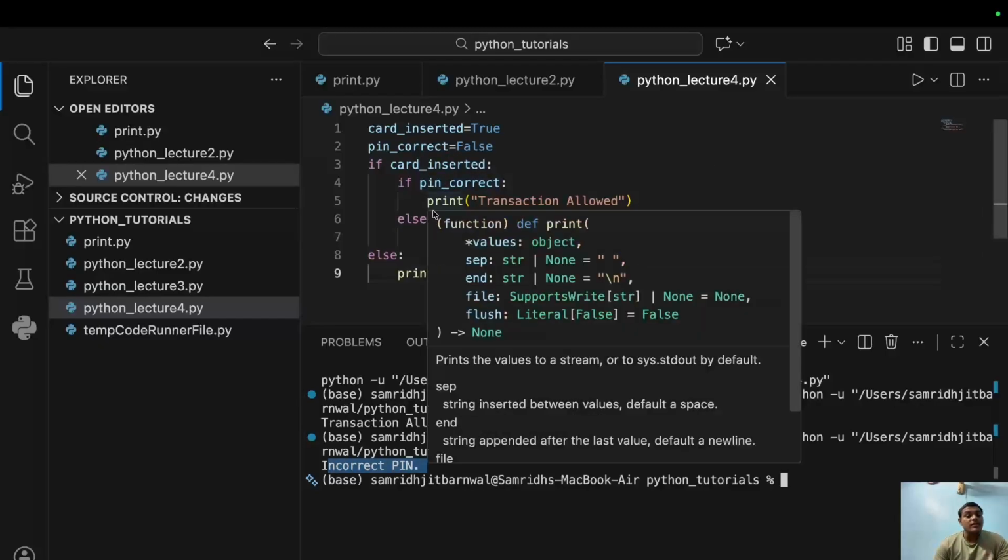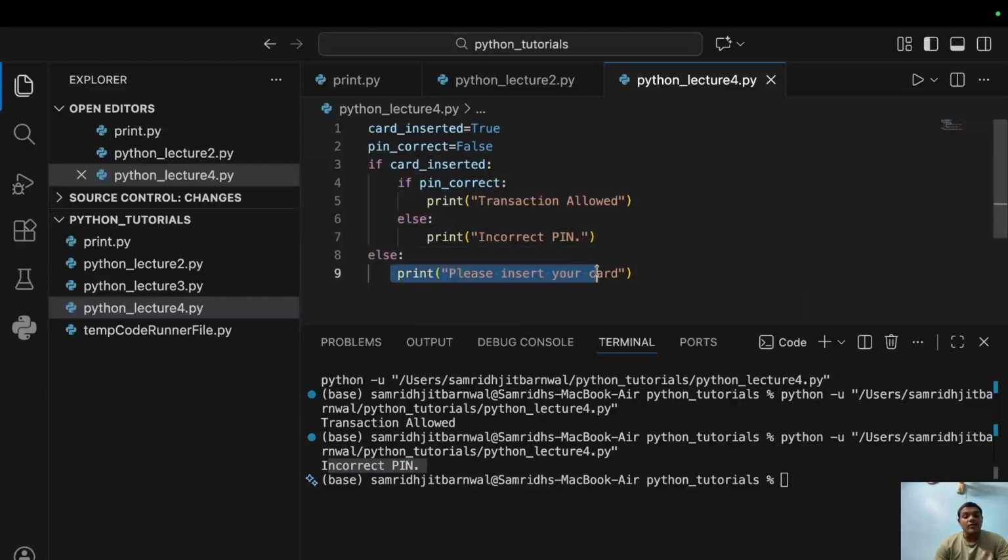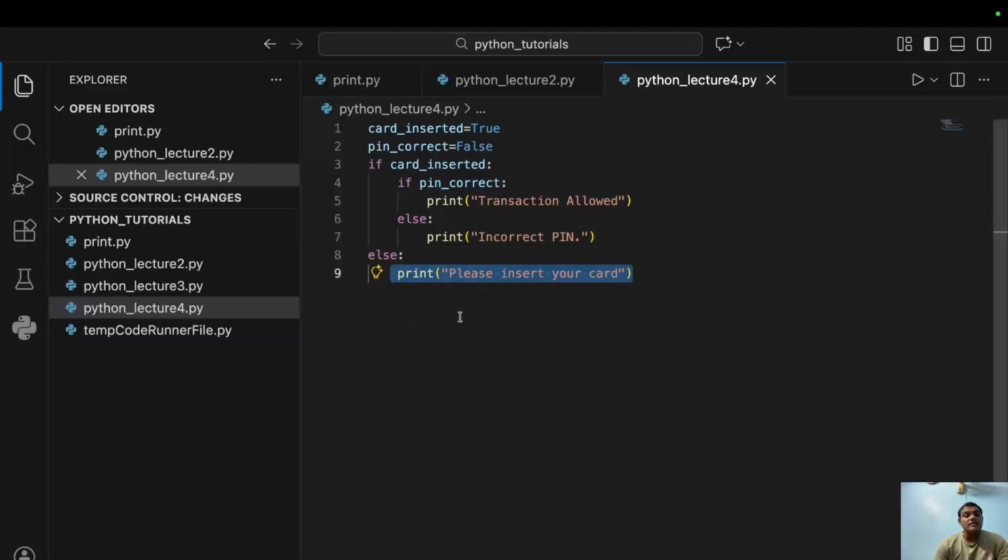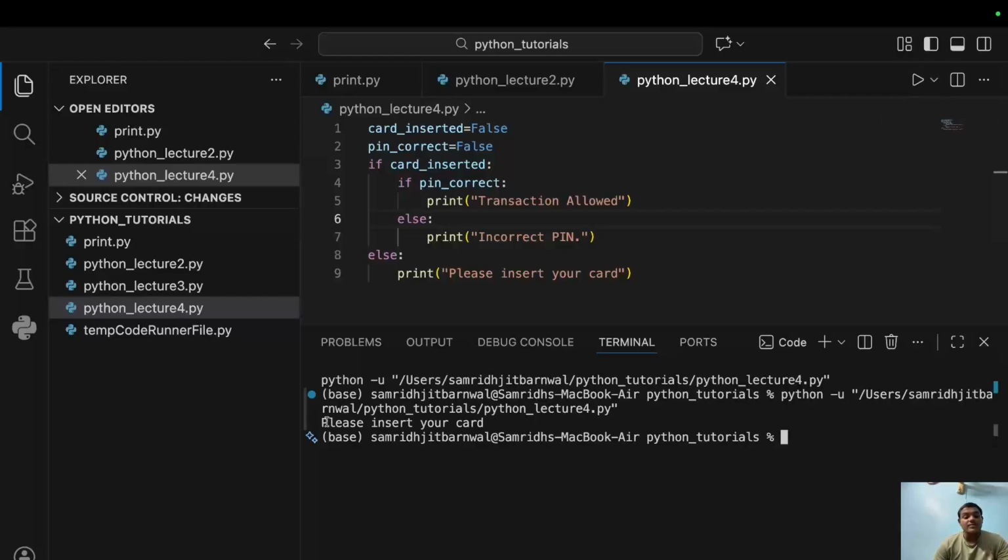I hope you have understood this. Now I want this as the output. How will I get this as the output? I will get this as the output if this condition gets false. See, card_inserted is equals to true right now. If I write false over here and check the output again, the output is "please insert your card". Now if this condition is false,